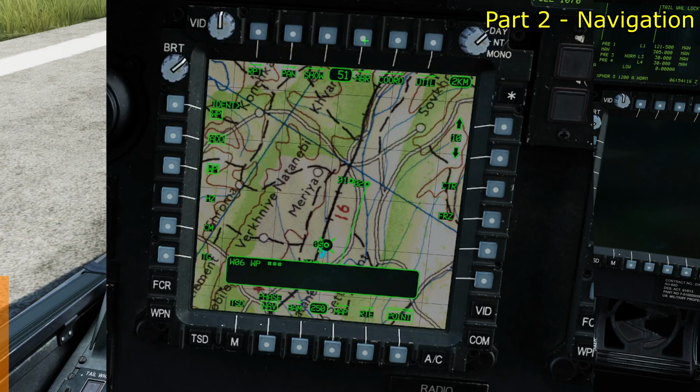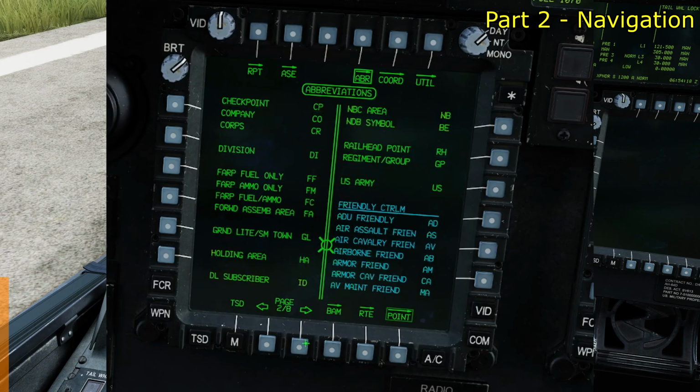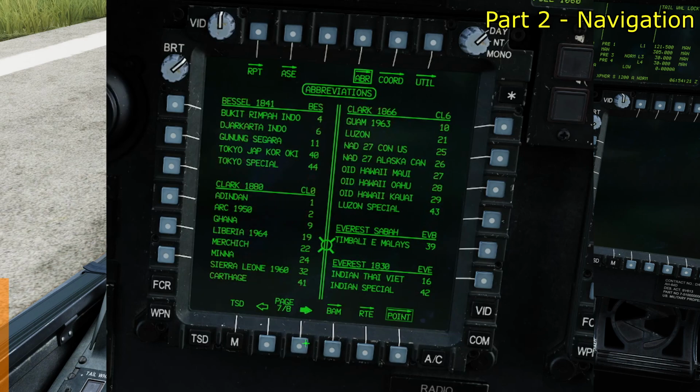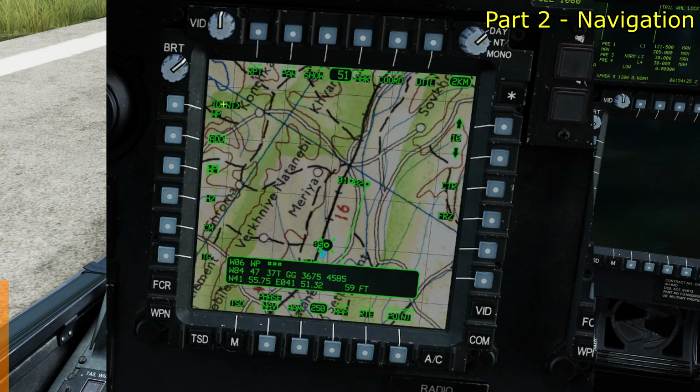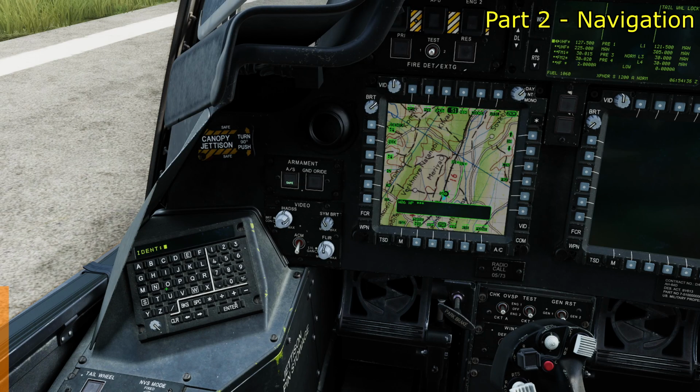If you click on this button up here, look, there are loads of different pages here on all the different abbreviations you can use. But the key thing to remember about abbreviations when it comes to identification is relevant to the icon on the screen. The identification is only about the icon on the screen. So we're going to put in SP,